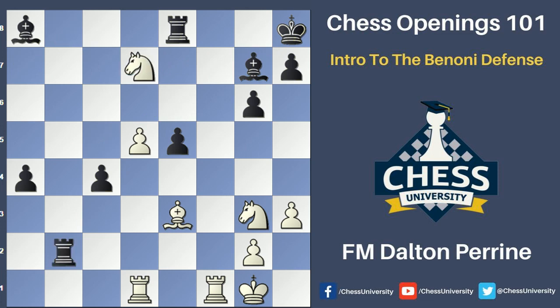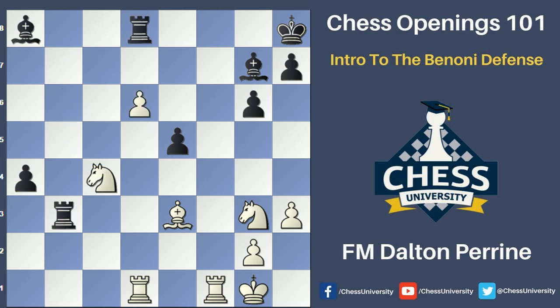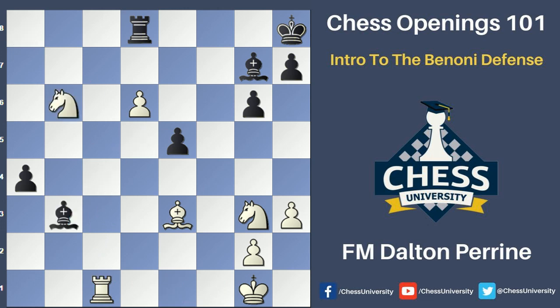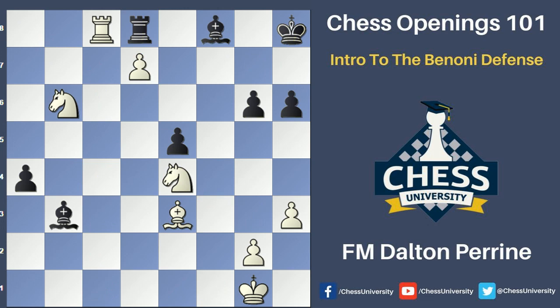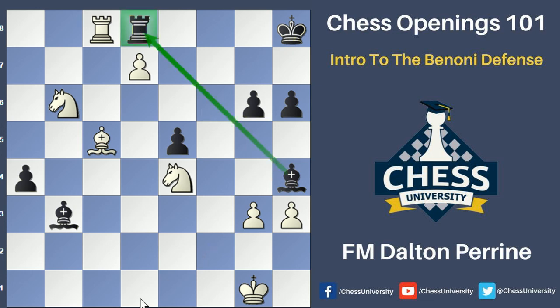and white went on to convert the game pretty easily. I'll just show the next couple of moves. Forks the two pawns, takes on c4, pushes the pawn, trades off a pair of rooks, knight b6, knight e4, pushes the pawn, and again, white is simply winning with his extra material, and soon he'll get rid of the blockade in front of the d-pawn. Black ended up resigning in this position because he can't protect the rook anymore. Anywhere he moves the bishop, it'll get captured, and if he takes the rook, of course, white will take back